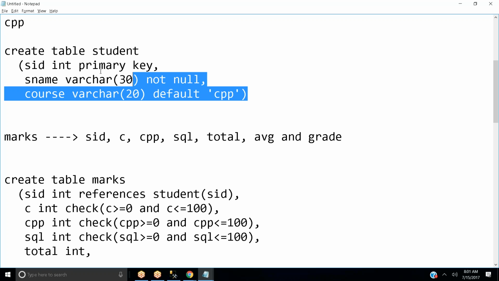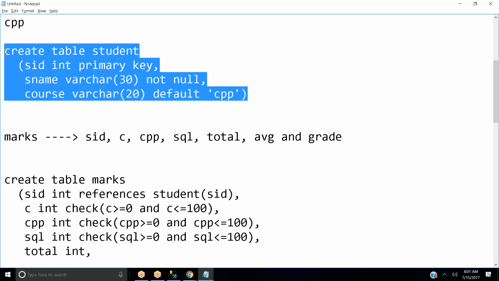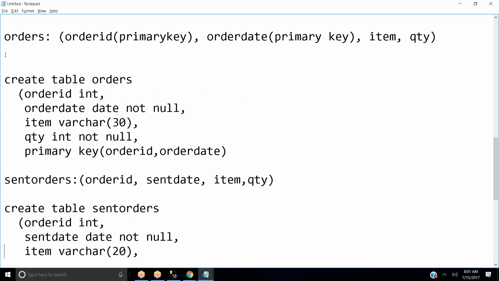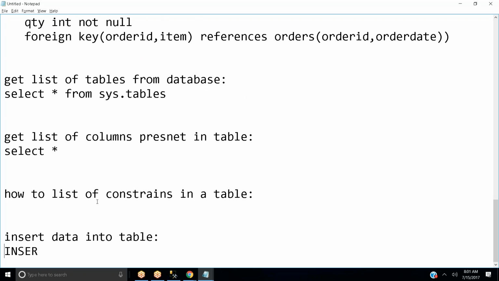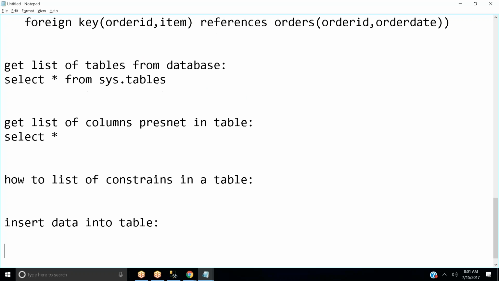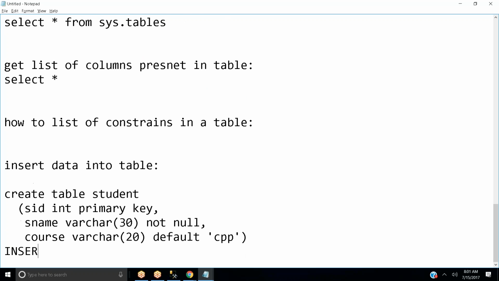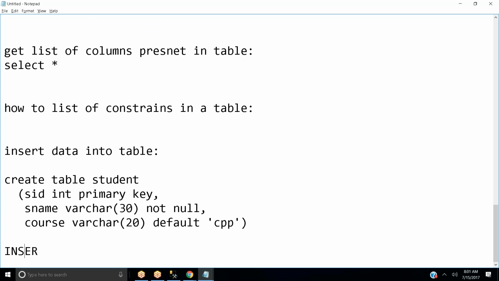This is my student table, correct? Now I just want to insert some values in this one. Insert into, and what is your table name? Student, right?